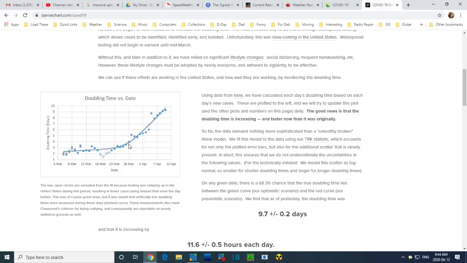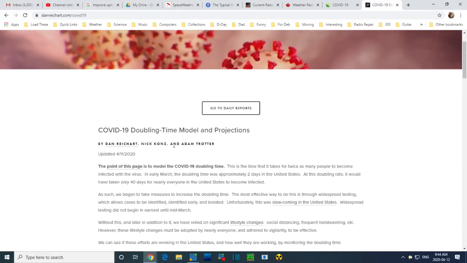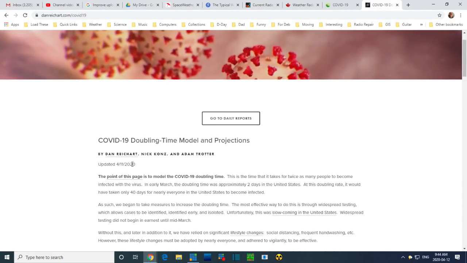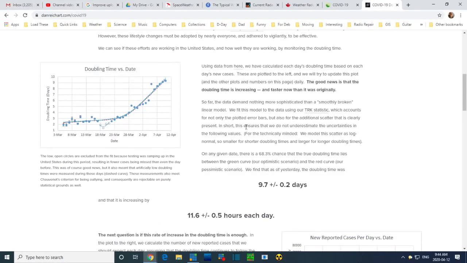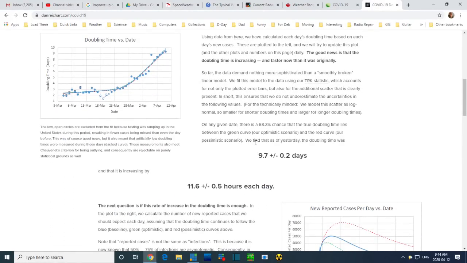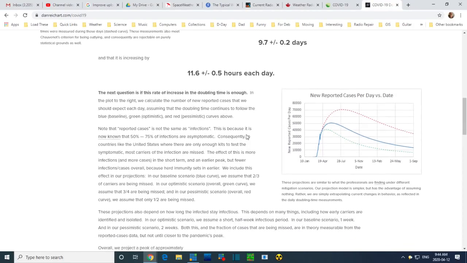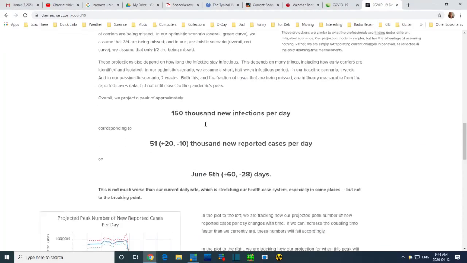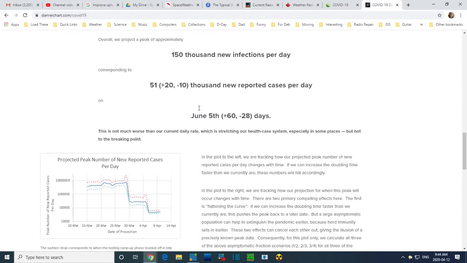But now, and this is in the United States, by the way, it's now out around 9.5. Just to let you know, this was updated yesterday. He updates this every day, and all these numbers that you see adjust slightly as he updates it. So you can study all this kind of stuff. I'm seeing this for the first time today too.